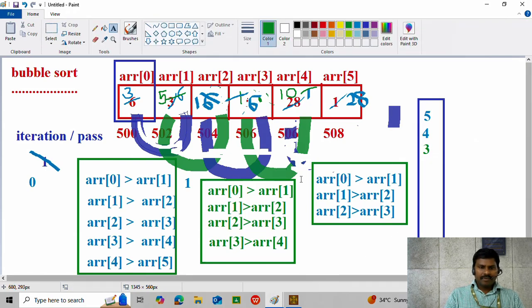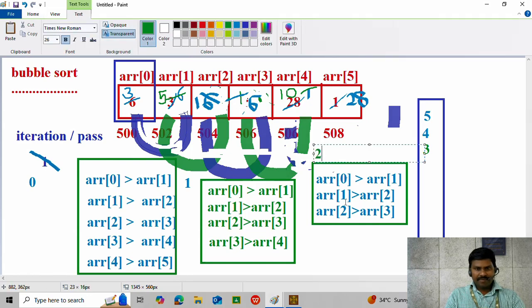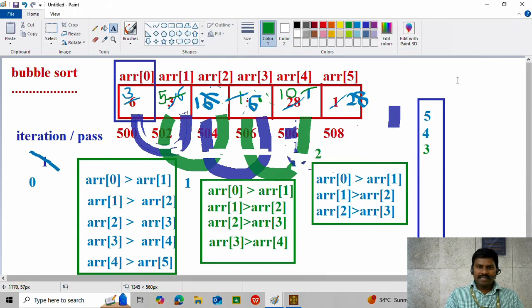After completion of the third iteration, the third highest value comes to the third place. Next one is